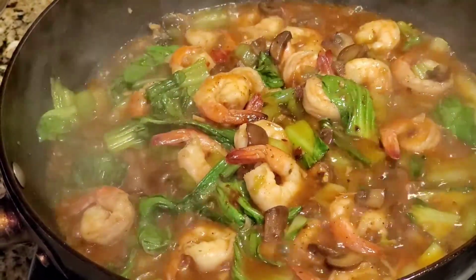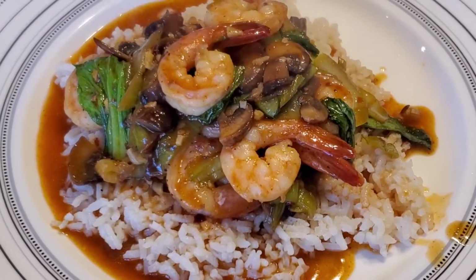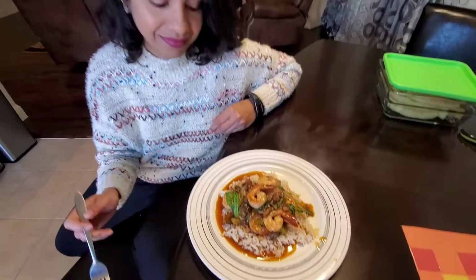in a nice plate on the bed of rice. Alright, this is how it's looking. It's looking awesome. And so is my wife, who is, I'm so starving, so can't wait to take a bite